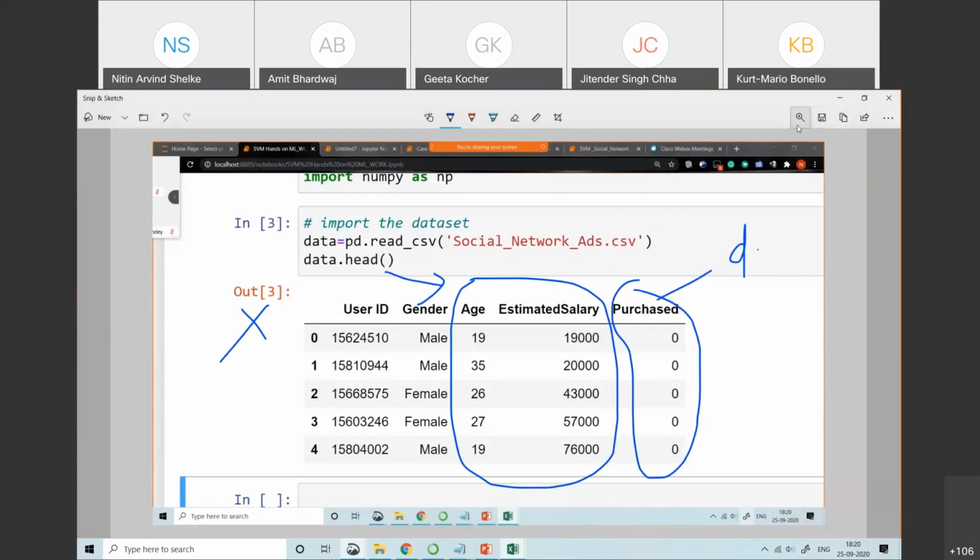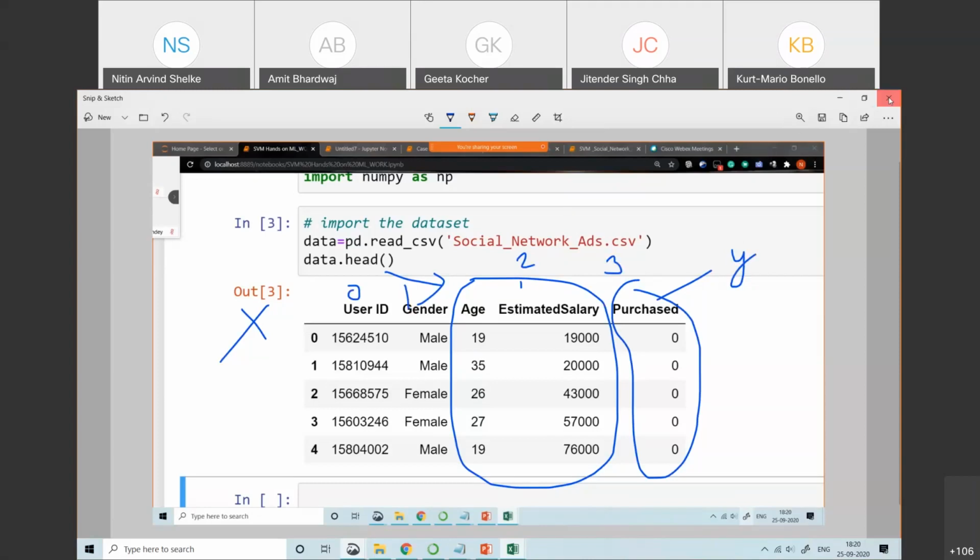Yes, that data set is available on Kaggle, and I will also send it to you after the class. This is my dependent variable and I will name it as y. Indexing is 0, 1, 2 and 3. Let's suppose I want to extract the independent variable.